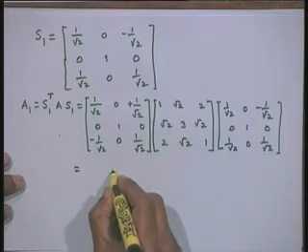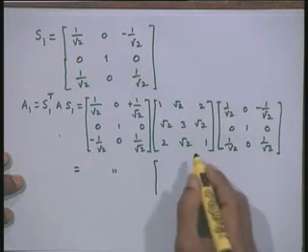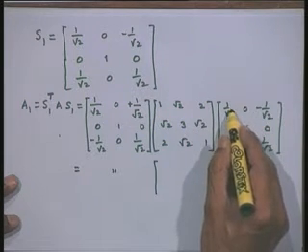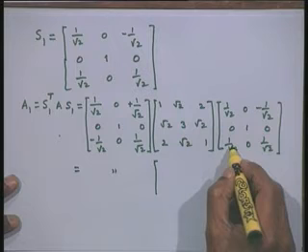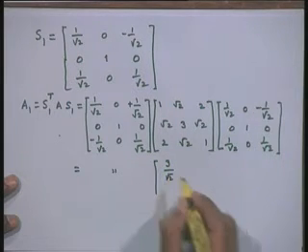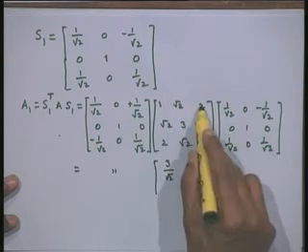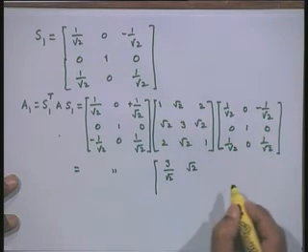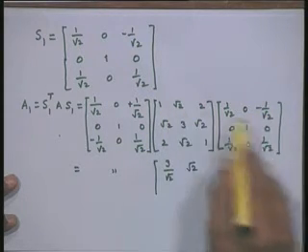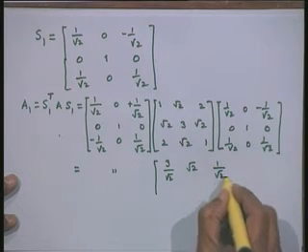Now, let us retain this matrix as it is. Let us multiply these two matrices. So, I will have 1 into 1 upon root 2, that stays as it is, this is 0, this is 2 times 2 by root 2. So, that will be 3 divided by root 2. Then 1 into 0, root 2, 2 into 0. So, I will have simply root 2 here. Then minus 1 upon root 2, this is 0, this is plus 2 upon root 2. So, I will have here 1 upon root 2.